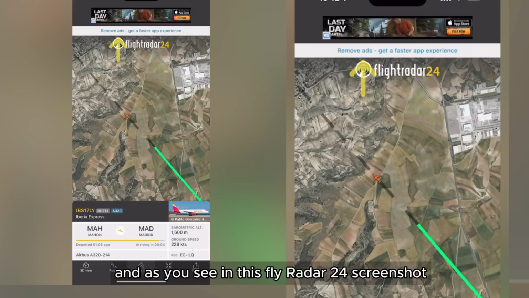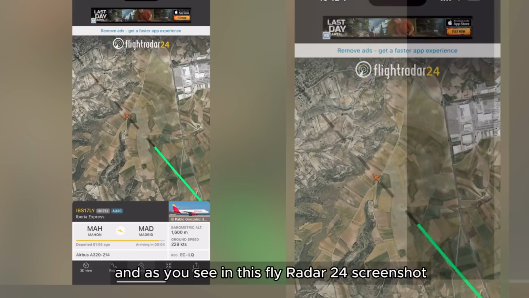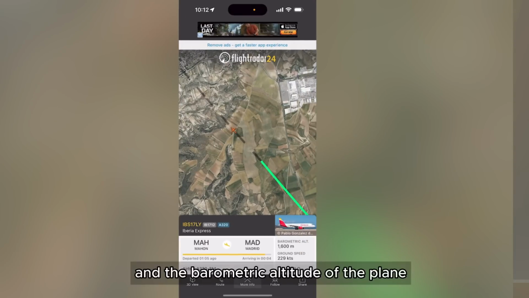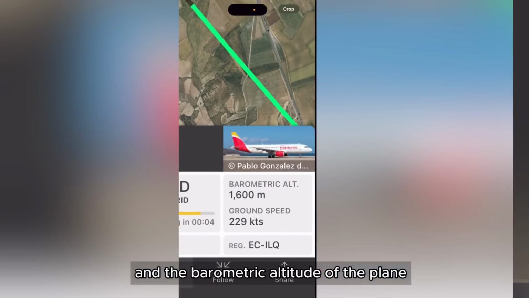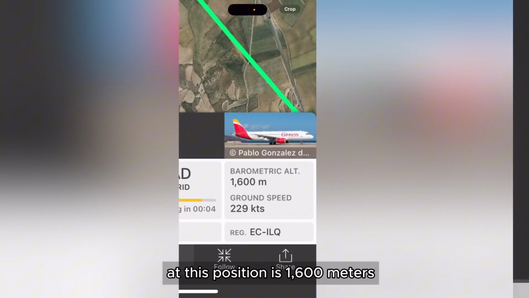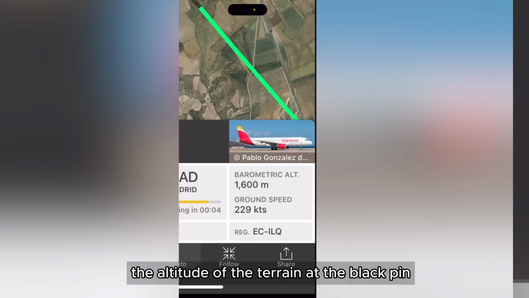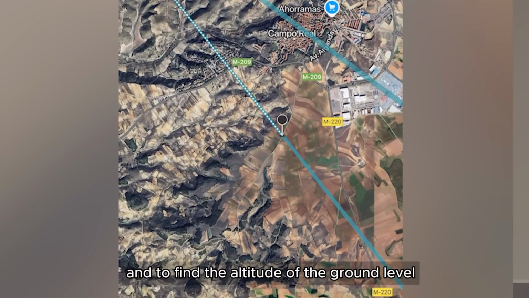And as you see in this Flightradar24 screenshot, the position of the plane matches the position of the black pin. And the barometric altitude of the plane at this position is 1,600 meters. So we need to subtract from 1,600 meters the altitude of the terrain at the black pin. And to find the altitude of the ground level where the black pin is, just tap on the black pin,